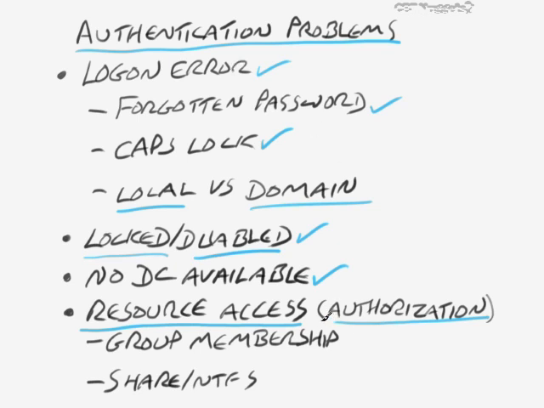Once we're authenticated, we try to get access to something, and that's called authorization. And I can see whether or not I'm authorized to access a file share or to use a printer or something like this. So if somebody is trying to access something and they call you and say, hey, I'm not able to access this folder or use this printer, for example, check their group membership. Maybe they're not a member of the group that has been assigned permissions on that, or maybe you need to add the group to that printer's permissions or something like this. And then just check again the share and NTFS permissions, which is what we're going to get into in more